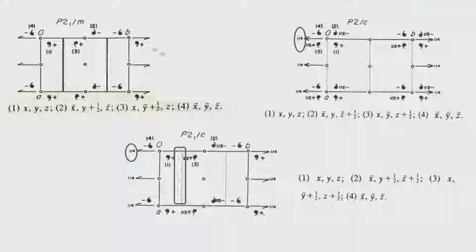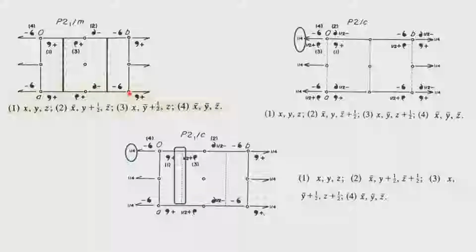So, we see that because of the presence of the 2-1 screw and the center of symmetry at this position, the same will repeat at half position, and then of course, the full unit cell. In addition, the centers of symmetry will develop at the half positions along the B direction.